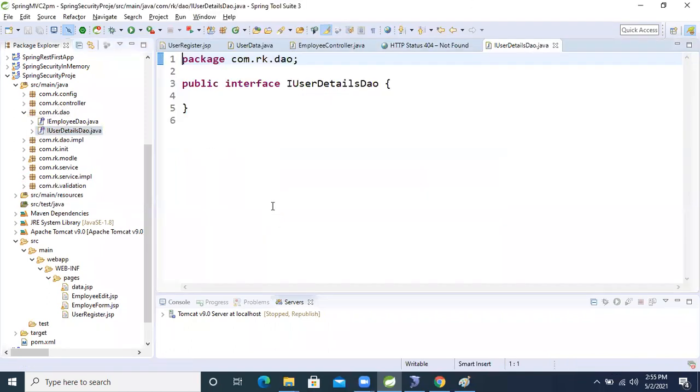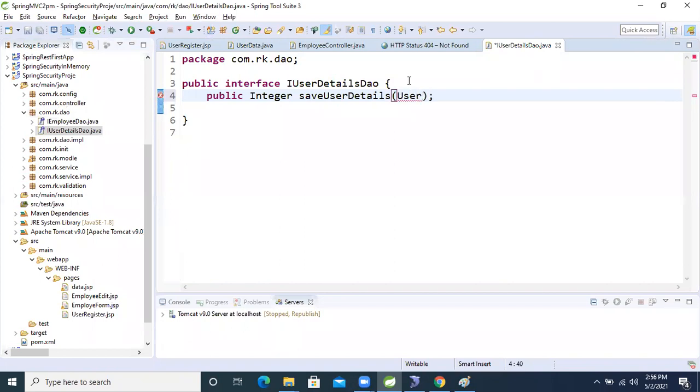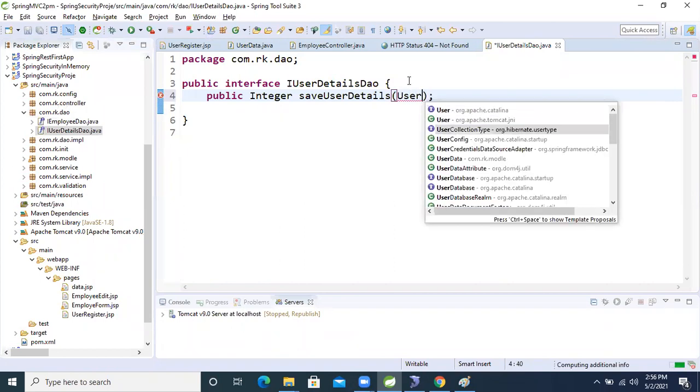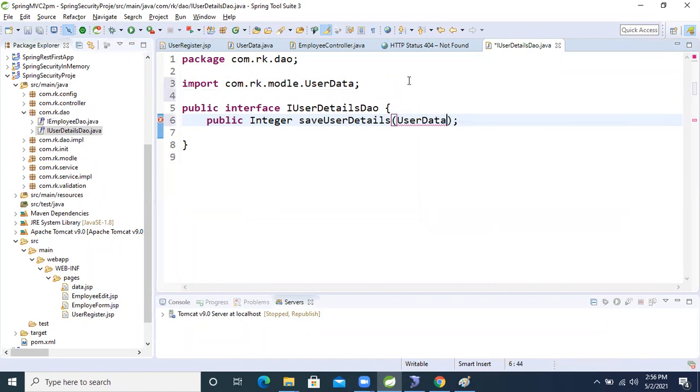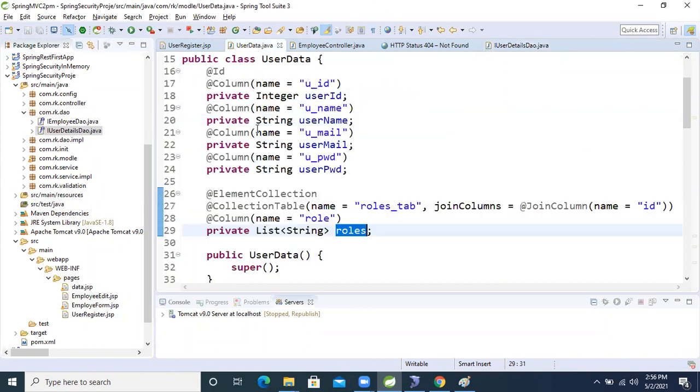Inside this interface, I'm going to create one method: public Integer saveUserDetails, and the argument is our model class, UserDetails. This means we are storing this model class information.